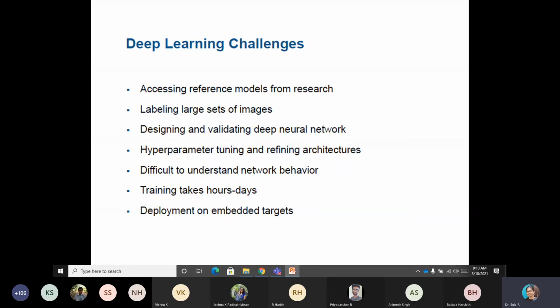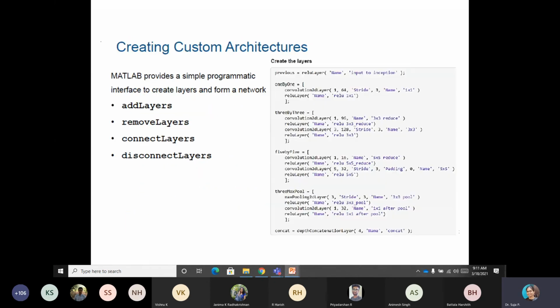But if you are using deep supervised, then you need to do all the labeling. And also you have to do augmentation, then once again labeling, and training takes hours or days. And you have to deploy on embedded tasks. So things like that. Of course, nothing comes free of cost. There is no free lunch. So you have to compromise or trade off with all these challenges. Still, if you want to go ahead with these, you can go for it.